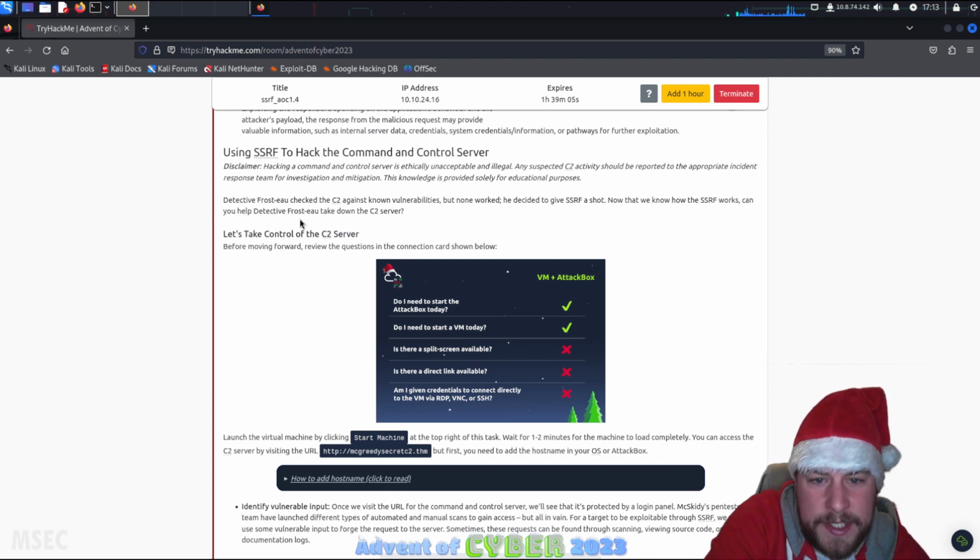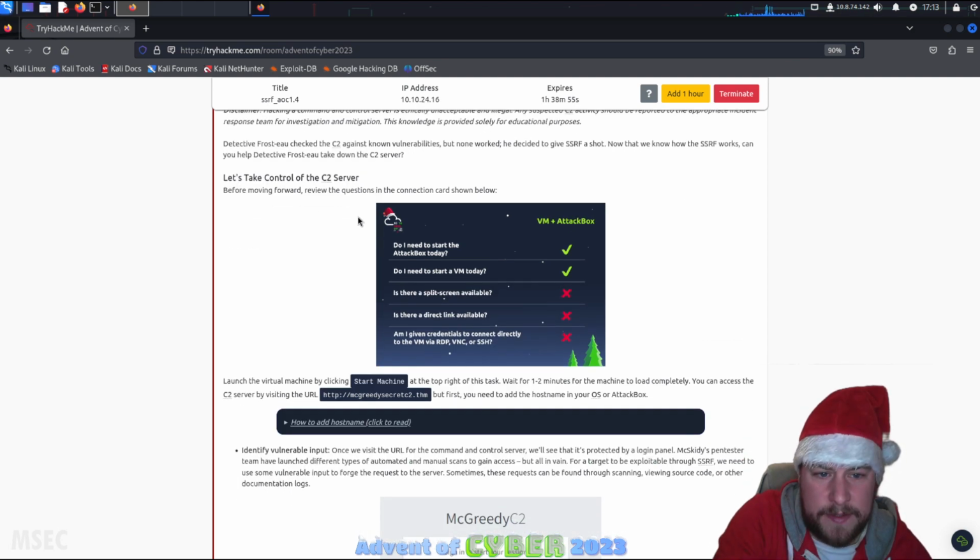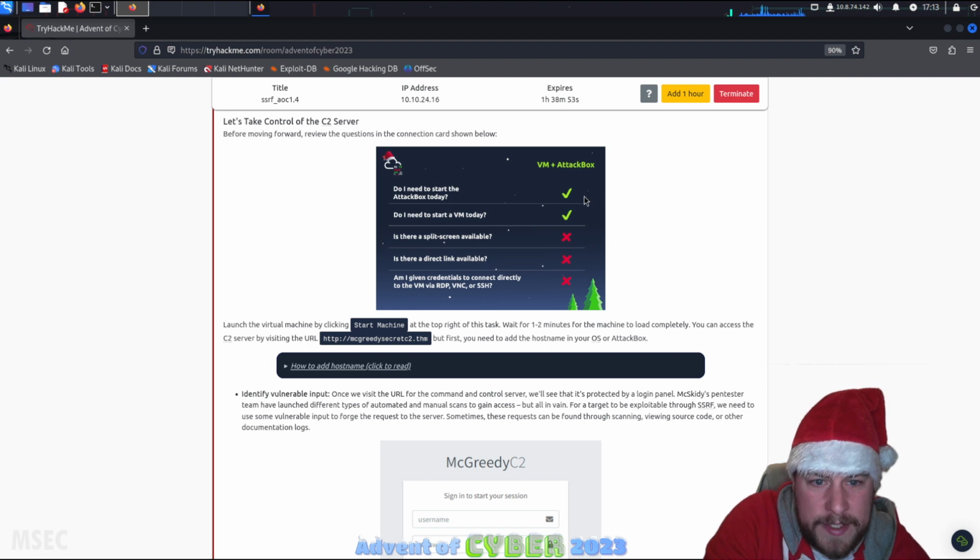Detective Frosteel is checking for C2 against known vulnerabilities. None have worked, and he's decided to give SSRF a shot. Now that we know how SSRF works, can you help Detective Frosteel take down the C2 server? We do need an attack box today, or I'm going to use my VM. We have started the target VM, that's already running, as you can see, and then